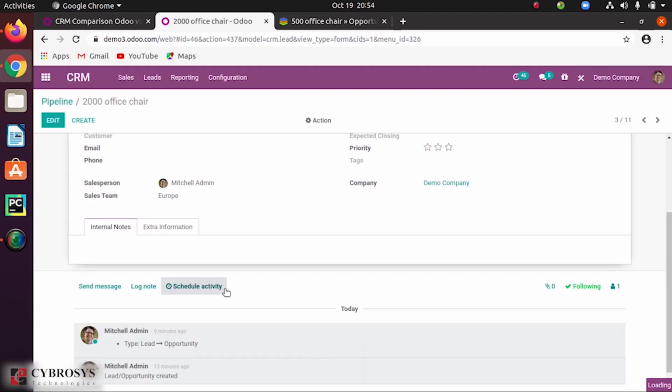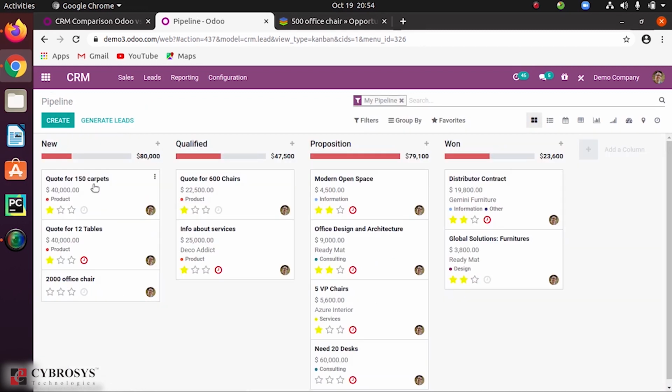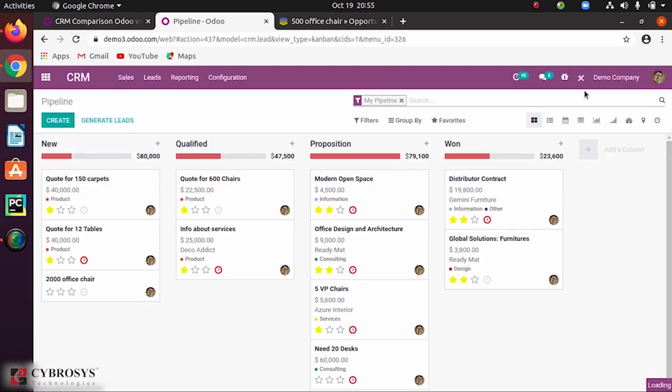So you have the option to schedule the activities from here, and if you want to have meetings, you can schedule it from here. And you also have this provision for assigning this activity from the pipeline itself. Here you have this clock-type symbol, so from here also you can schedule the activity. It is very useful in Odoo, that from the overview itself or in the pipeline itself we can schedule all these activities. So it is really very comfortable in that case.